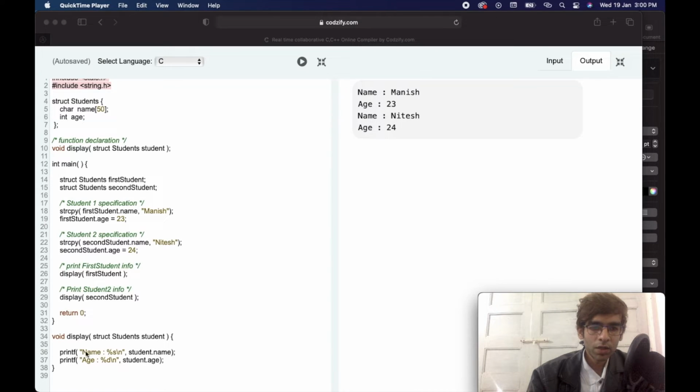Okay, here this student contains the detail of the passed student. So here if we pass the first student as a parameter, first student's detail will be present in this student, and that will be printed here. Similarly second student's detail, which is Nitesh and 24, is printed here. So we have to write printf only 2 times instead of writing this multiple times. So in this way we can use the functions with a structure as an argument. The main focus was how to use the structure as a parameter.